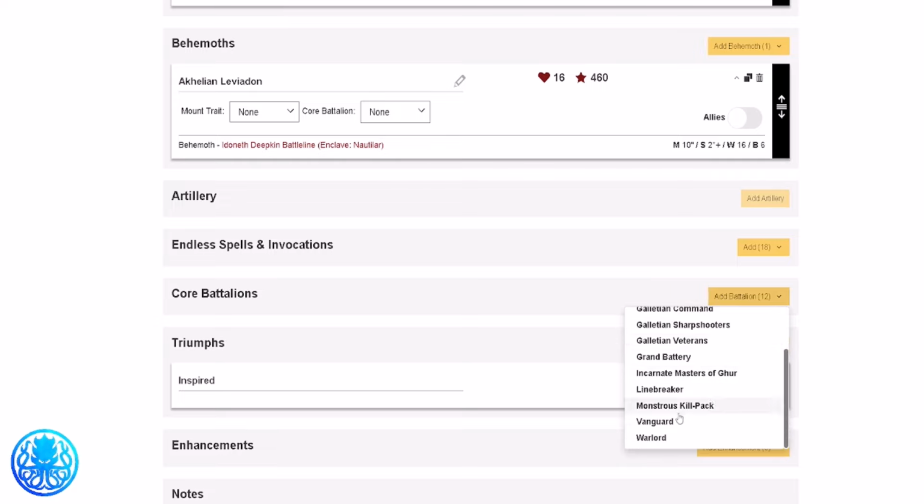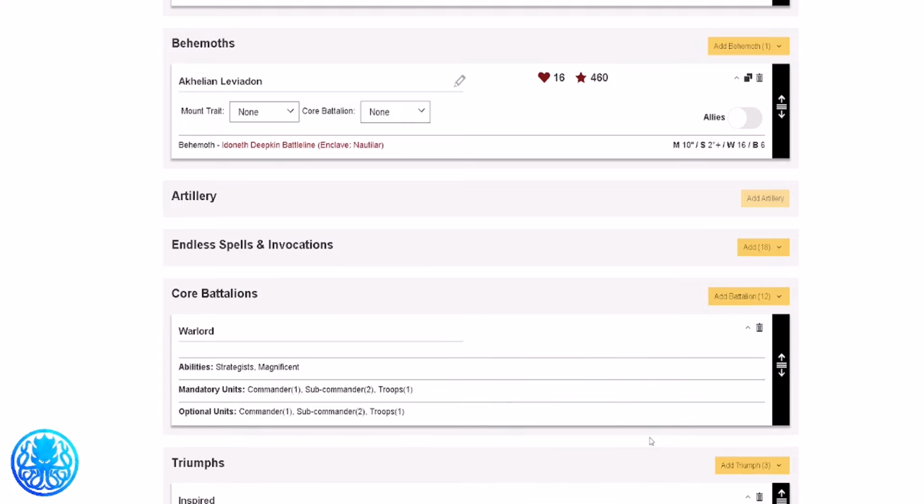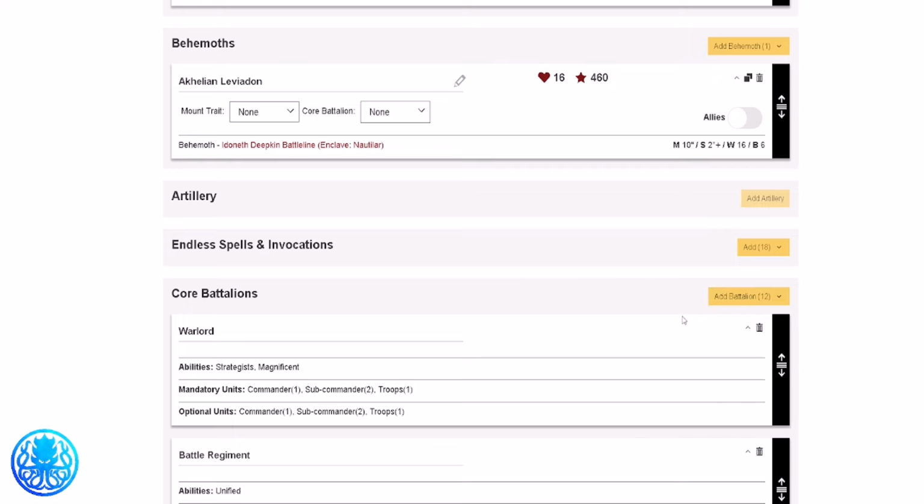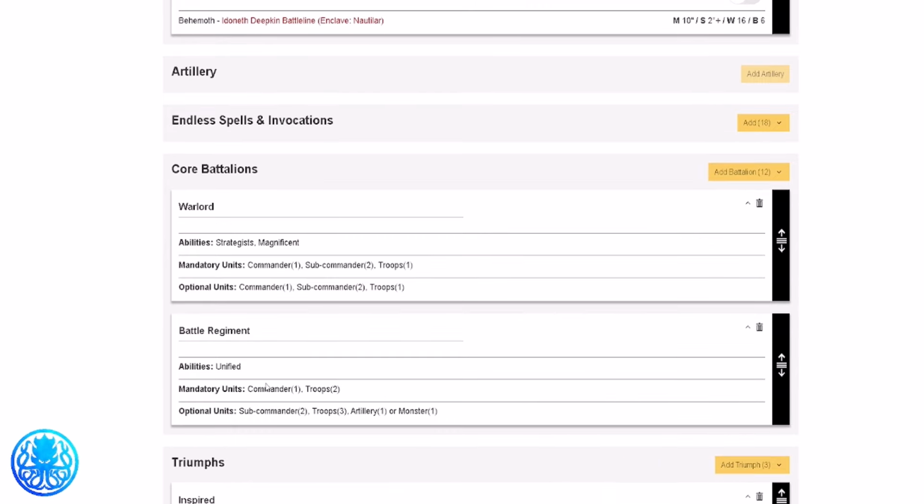It's a very popular set of choices. One is called the Warlord Battalion, and the other one is called the Battle Regiment. Now, the Battle Regiment has the ability called Unified, and you can find all of this in your General's Handbook, but this Battle Regiment allows you to drop everything that's inside the Battle Regiment, inside this battalion, at once. So you drop everything at once when you set up your army, and then the reason that you want that,